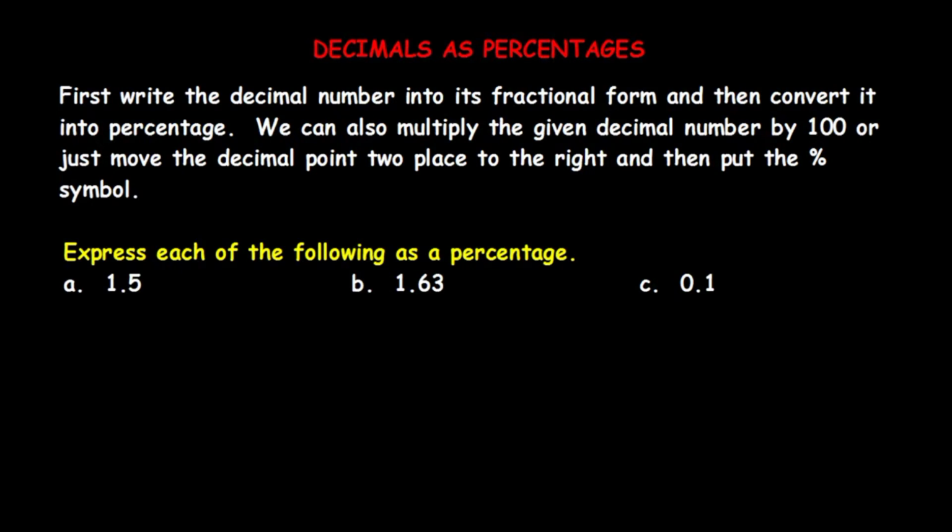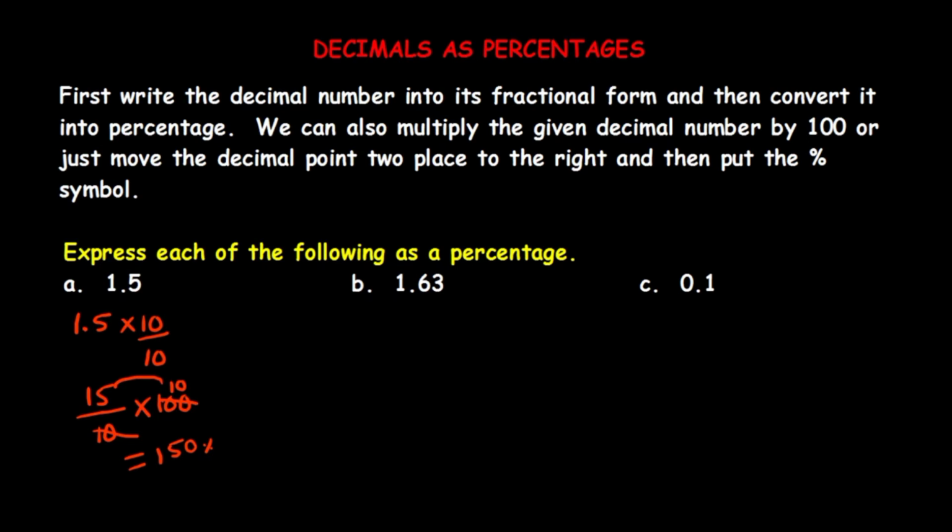The first model we'll discuss now, with 1.5 here. To remove this decimal point, since we have one digit after the point, we multiply the numerator by 10 and the denominator by 10. So by 10 we multiply numerator and denominator, then we get 15 divided by 10. Okay, now it is a fraction form. Then you can multiply by 100 to get the percentage, like 10 ones and 10 tens. So 15 tens are 150. 150% is the answer for this question.